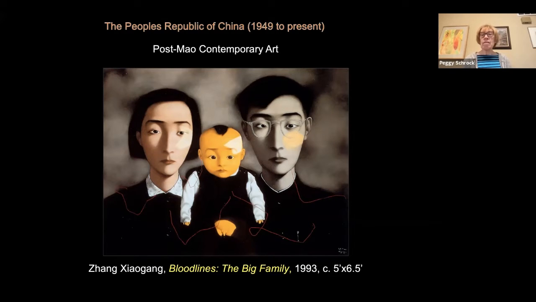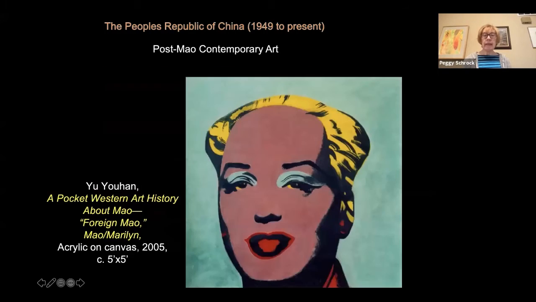Not everybody is, let me get back here. Not everybody is quite so kind. This artist, Yu Yuan, I don't know how he gets away with a lot of this. He's really speaking about the cult of Mao, and the cult of Mao today is very different from what it was when Mao was alive,